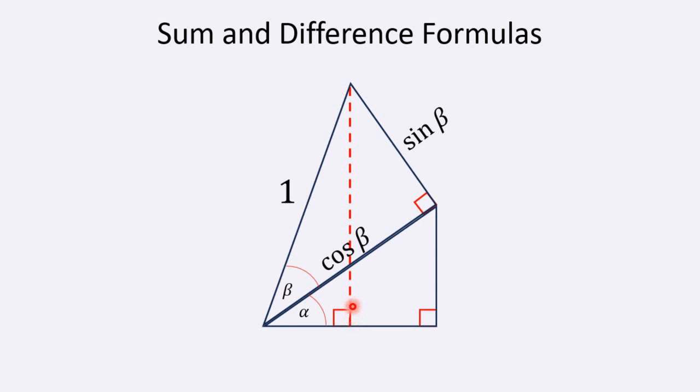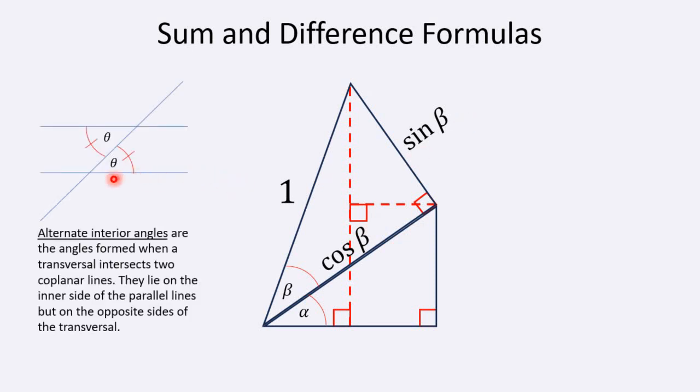In order to find out the length of that altitude, in order to find out how long this is, I'm going to drop a horizontal perpendicular to it from this 90-degree angle right here. So I'm extending a perpendicular to that opposite side of alpha plus beta. And the reason I'm doing that is because I want to know something about these angles up here. Whenever you have two coplanar parallel lines cut by a transversal, you create equivalent angles called alternate interior angles. They're alternate because they're on alternate sides of the transversal, and they're interior because they're interior to the two parallel